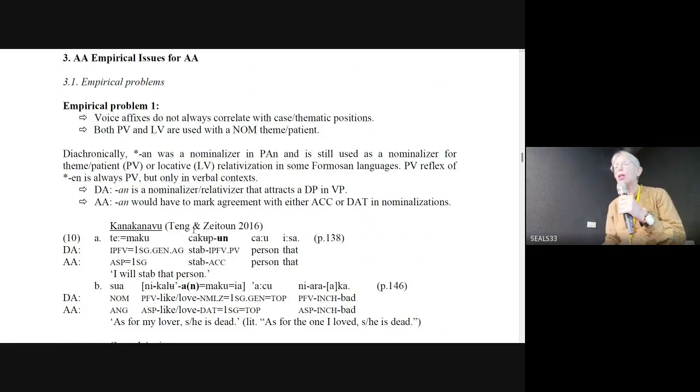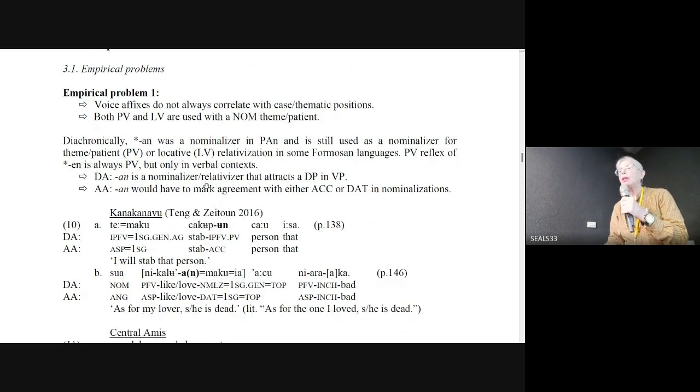So first and foremost, we don't necessarily have a one-to-one relationship between the voice affixes and case or thematic relations. So one is we have an overlap between PV marking and LV marking. In other words, PV and LV can both show up in basic transitive clauses. In other words, PV clauses where the theme or patient has nominative case. One of these